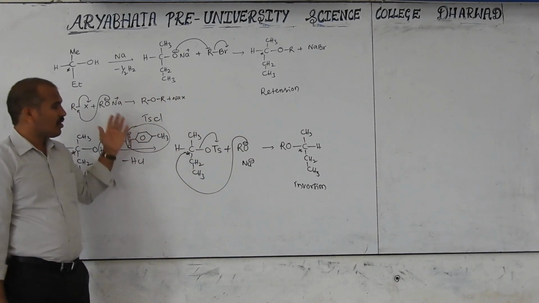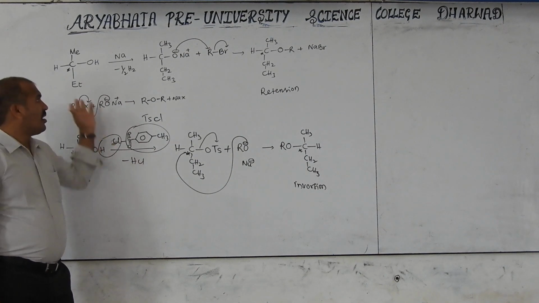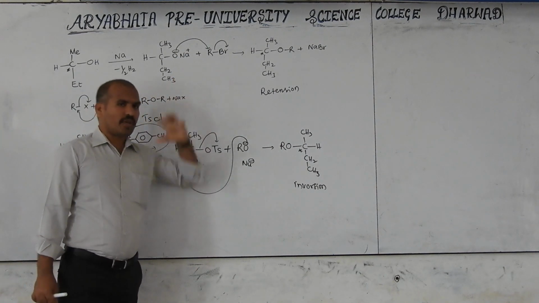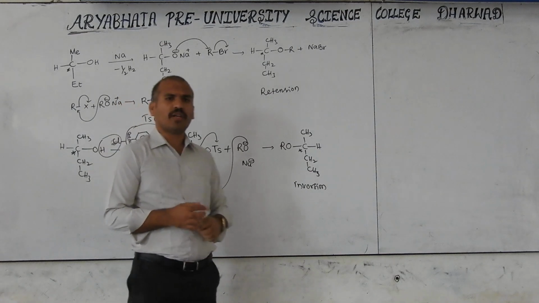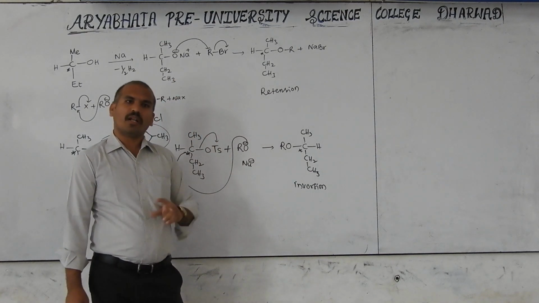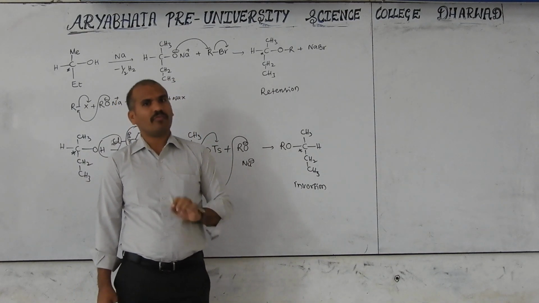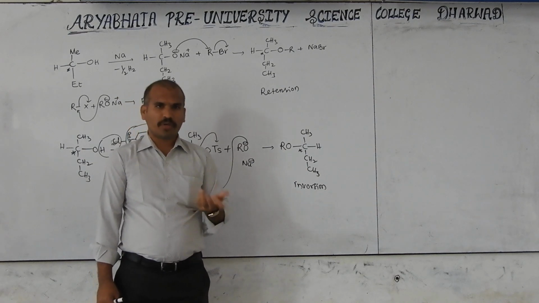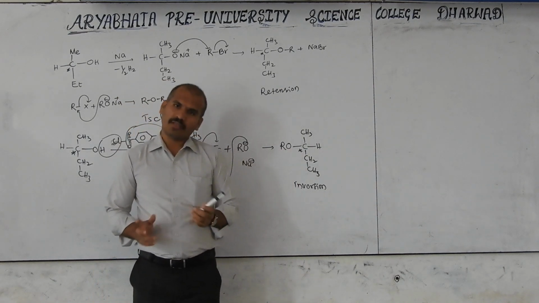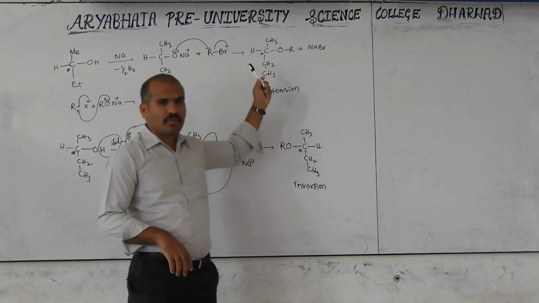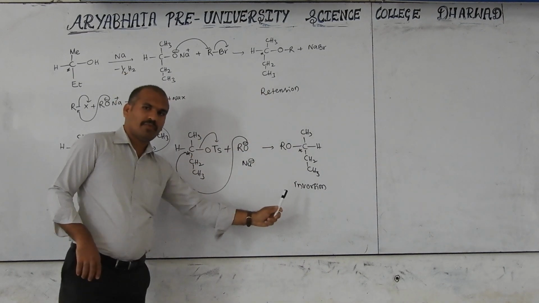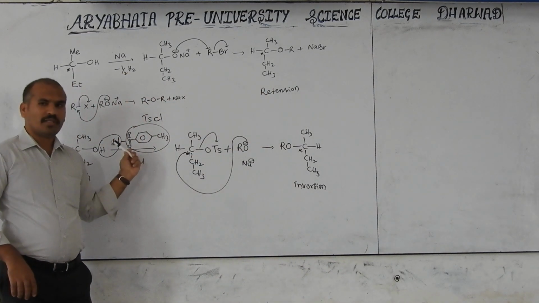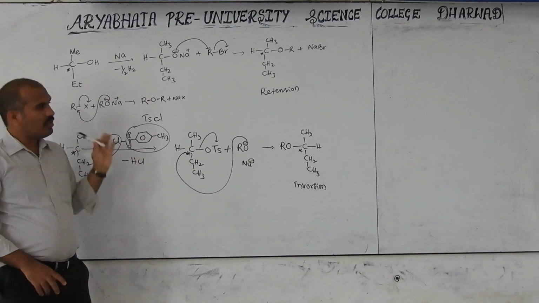Because these are important for competitive exams. They will give this one only. The formed product is inversion product or retention, or both may be retention or inversion, or we cannot predict. They may give options like this. That's why you have to answer. This is a retention product with respect to this, and here inversion with respect to this, when para-chlorine sulfonyl chloride reacts with RO.